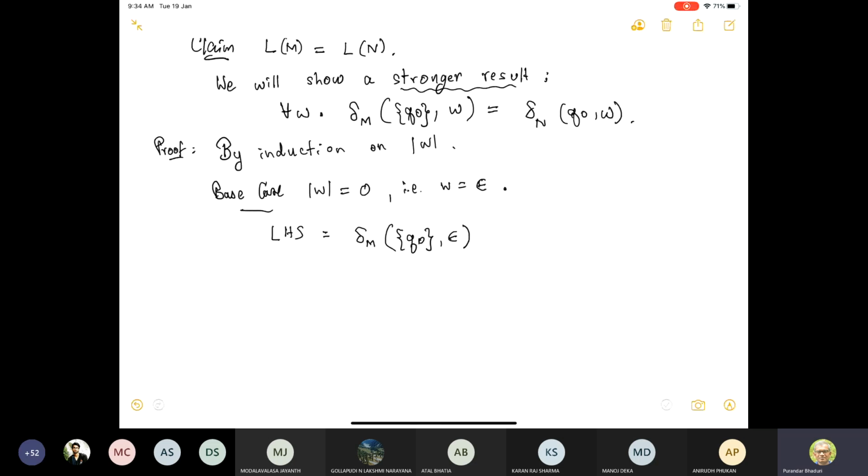Of course, you know that what we really mean here is delta hat. So this is really delta hat, because we are talking about a string here. This is a string. So this is by definition just the state which is the singleton